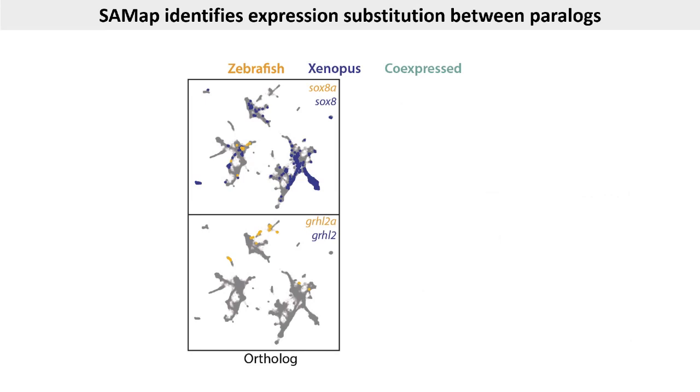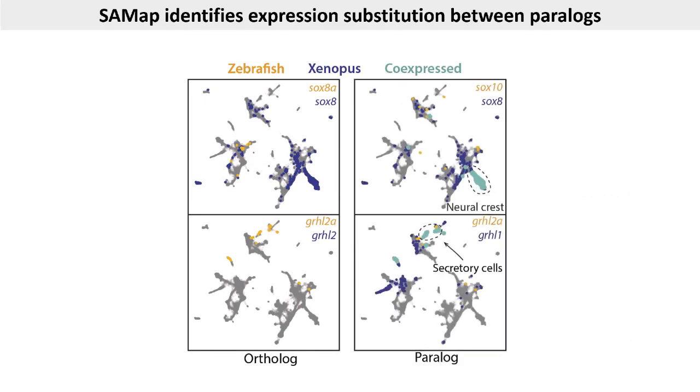Strikingly, the missing orthologs are then replaced by one of their paralogs. For example, zebrafish SOX8A is substituted by SOX10, which has overlapping expression in neural crest cells with frog SOX8, with the co-expression highlighted in green here. And this substitution event can arise as the result of gene duplication followed by diversification of